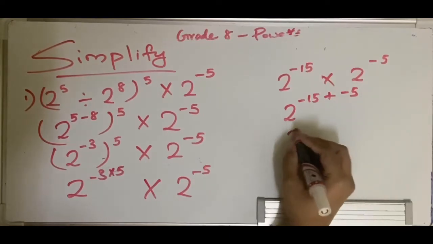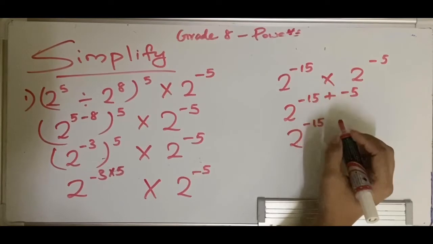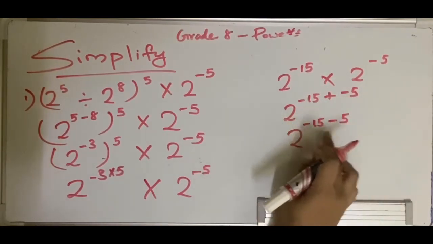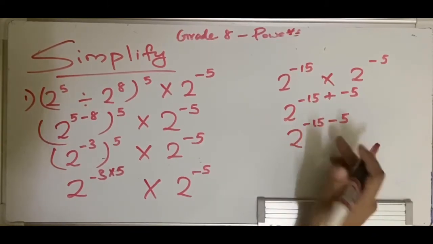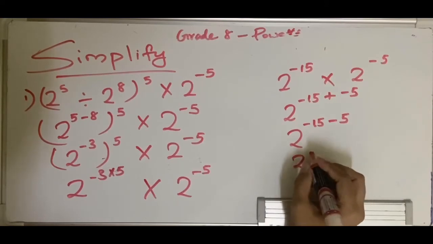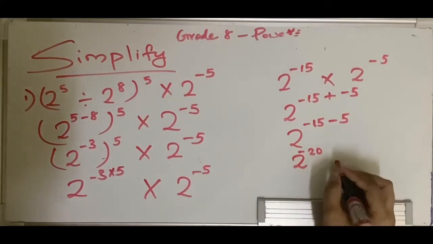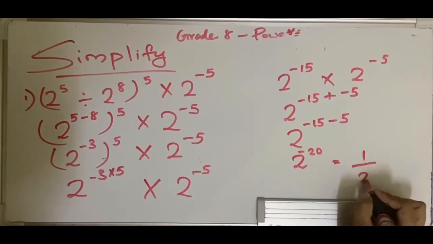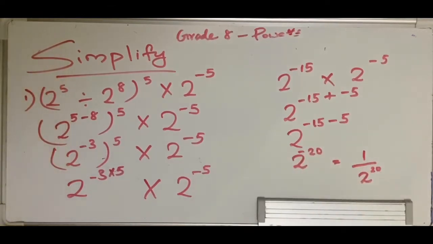Again we know that whenever we have two signs together, we rub it, make it one sign. Since the plus minus has come here together, we make it minus. So you have 2 raised to minus 15 minus 5. Now you have same sign, so you have to add them, and when you add 15 and 5 you will get 20, and the biggest number's sign goes to the answer. So you have 2 raised to minus 20, which I can write in the reciprocal form, which is 1 by 2 raised to 20, thus making my negative power into positive.